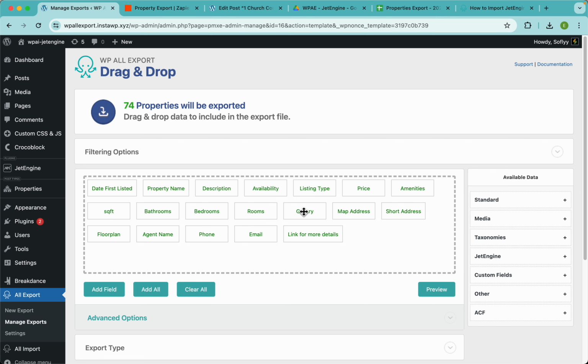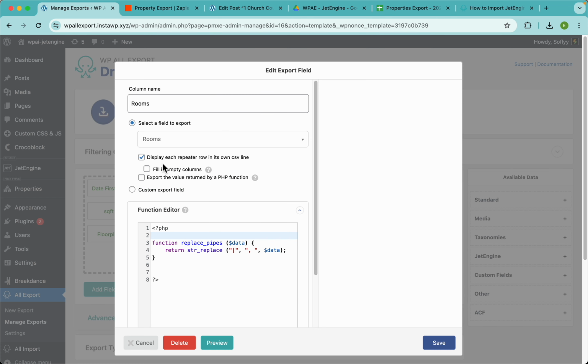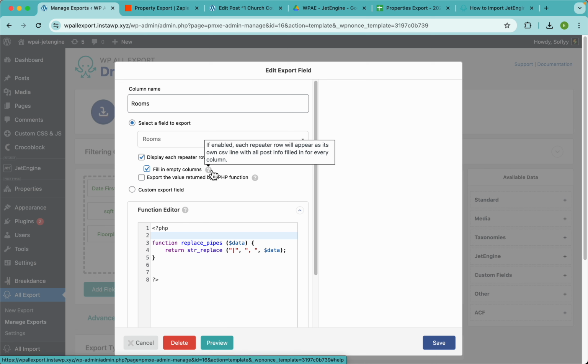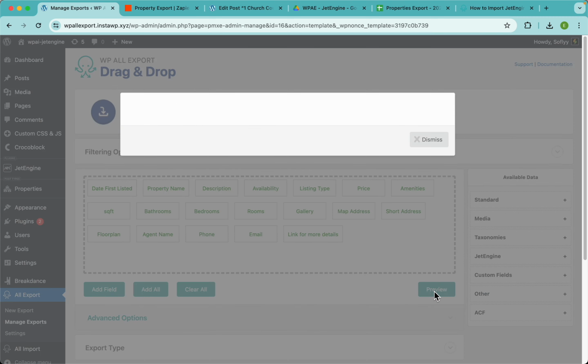So if you want to fix that, just click on rooms again, or whatever your JetEngine repeater field is called, and enable this other sub option that says fill in empty columns. And if enabled, each repeater row will appear as its own CSV line with all of the post info filled in for every column. So that's pretty cool. Let's save this, preview again,